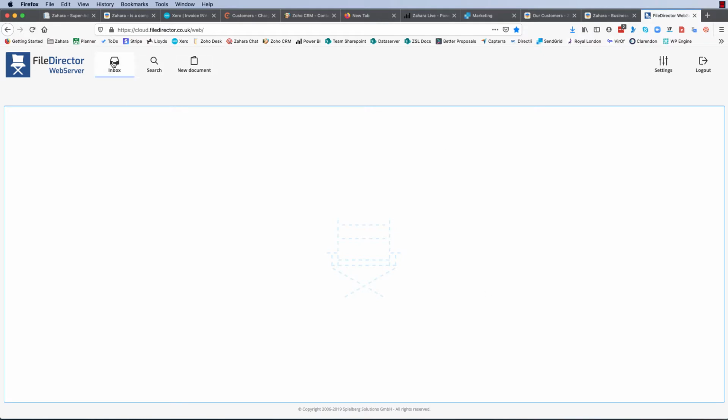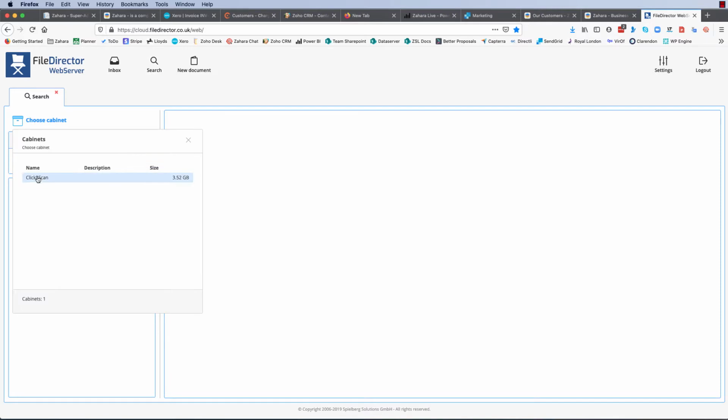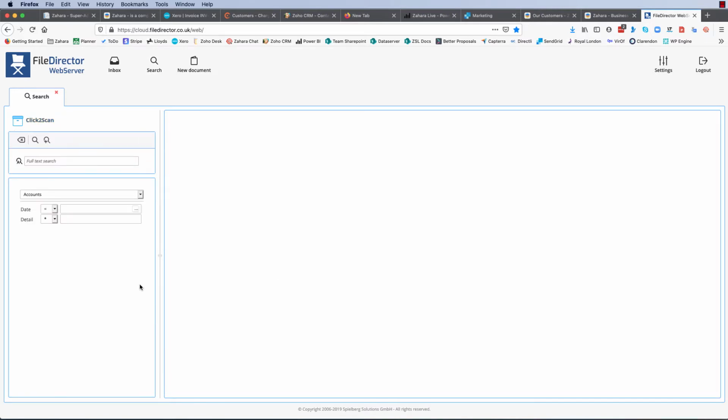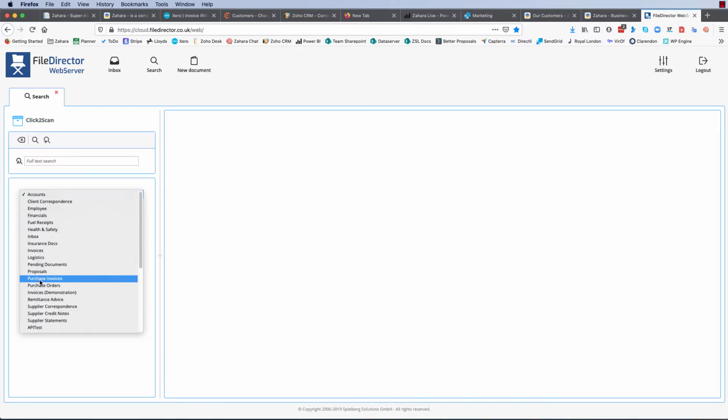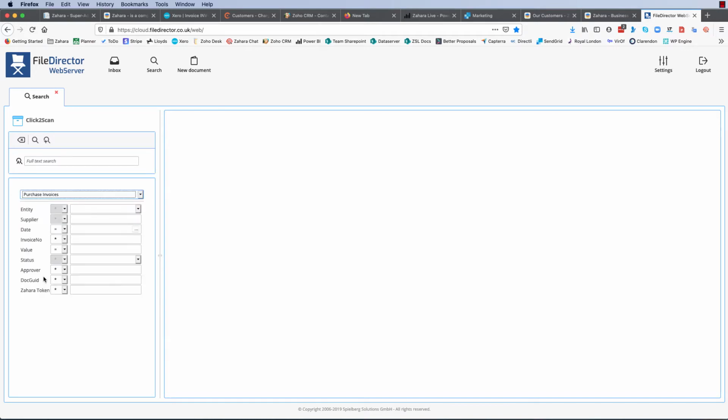So the choices you have up here are inbox, search, or new document. If you click search, you'll be prompted to open your cabinet. So I've now opened my filing cabinet in the same way that I did in my Windows client program. I've got my different document types down here. So if I wanted to find all the suppliers from, say, Northamber PLC, I can key that in, click search,